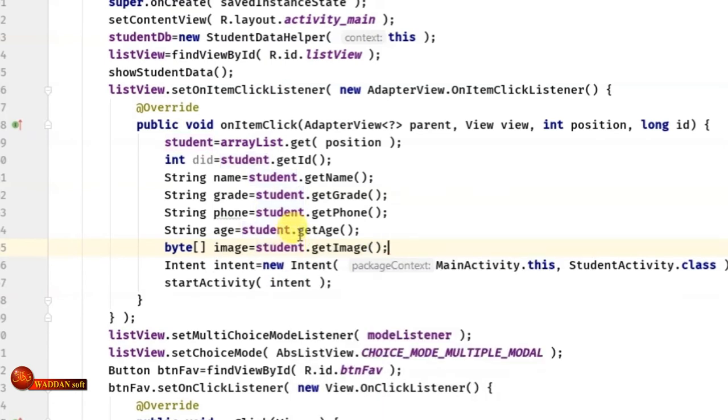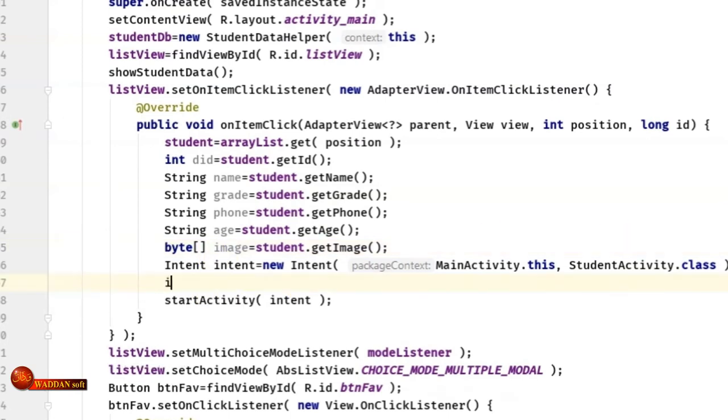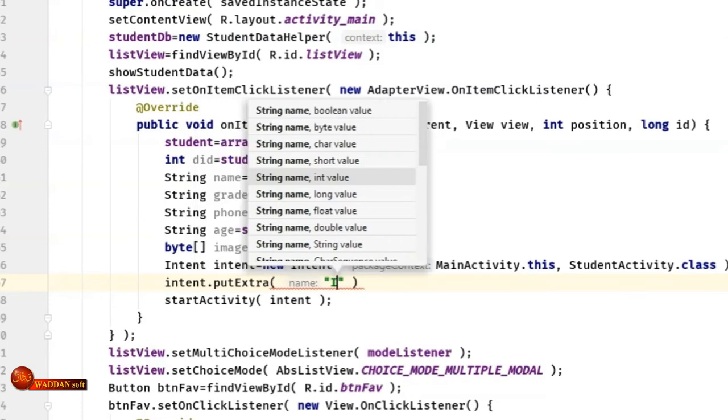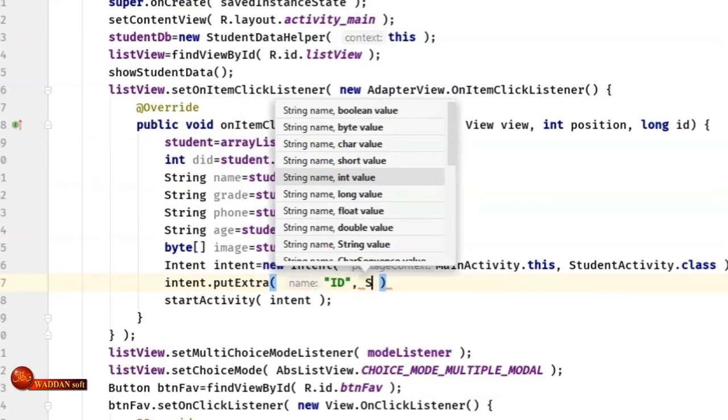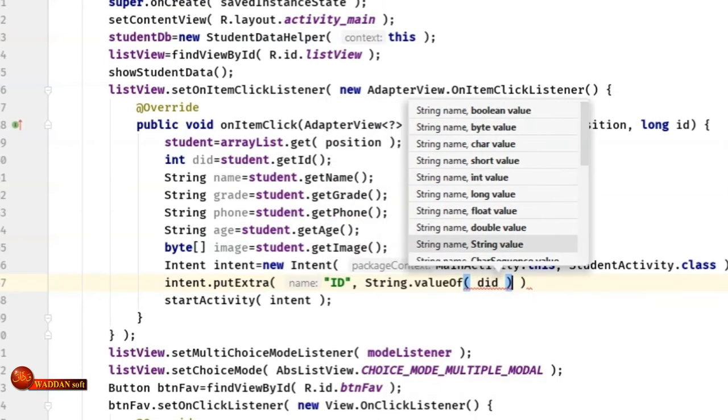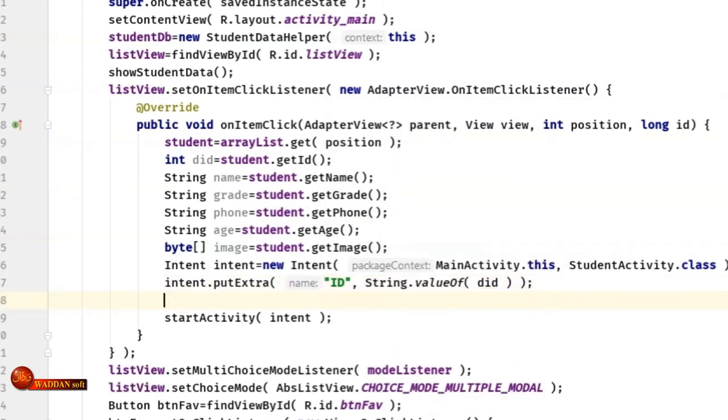Now we have the data, we can send it through the intent. So here intent dot put extra, the first one is ID, and string dot value of the ID, and the name intent